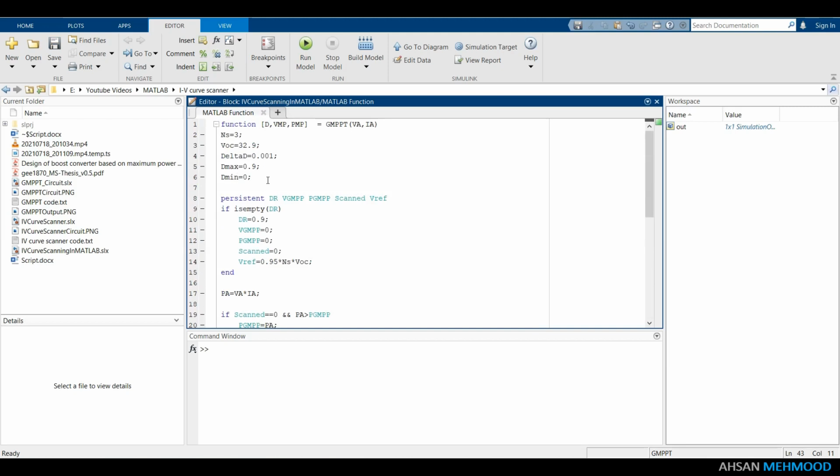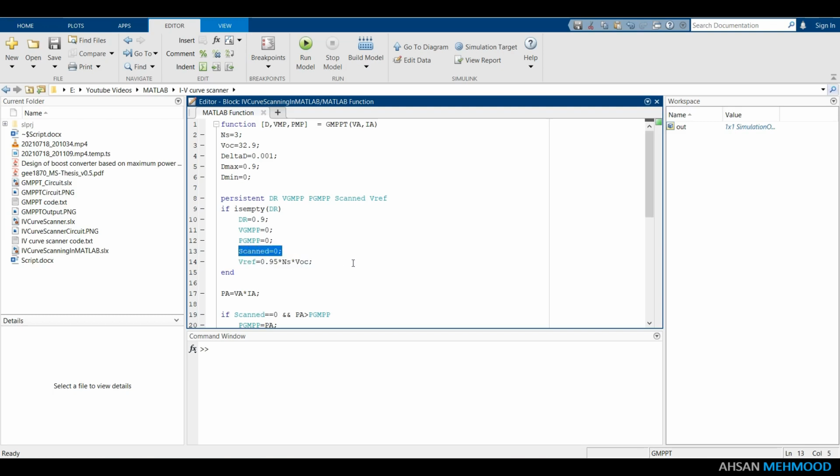Before setting the PV array to the global maximum power point, this code looks for that point. Because we cannot scan 100% of the IV curve with the DC to DC converter, I set the reference voltage to the 95% of the open circuit voltage. As previously stated, the value of reference voltage is affected by the load resistance and shading pattern on PV arrays. The higher the irradiation and load resistance values, the higher the reference voltage value you can use.